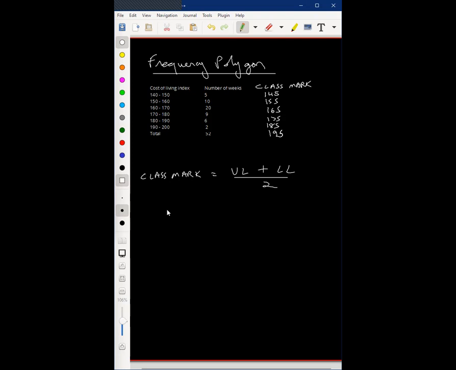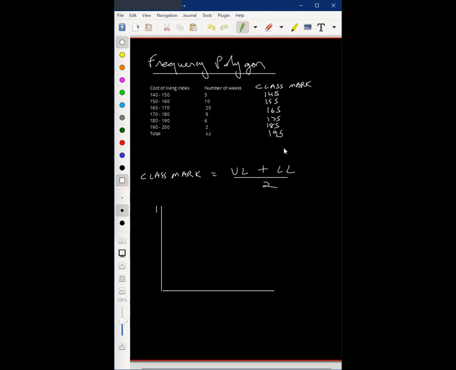Basically, what are we doing? When we have 140 to 150, the midpoint of them would obviously be 145, right? Same way, when we have 150 to 160, the midpoint becomes 155 and so forth. That's essentially what we've done. So now we make the class mark, and again we make the same class as we have done earlier. So we will make the x-axis and the y-axis again, right?